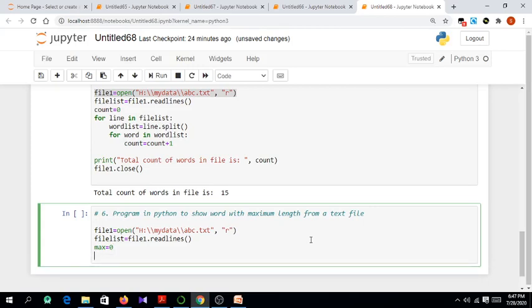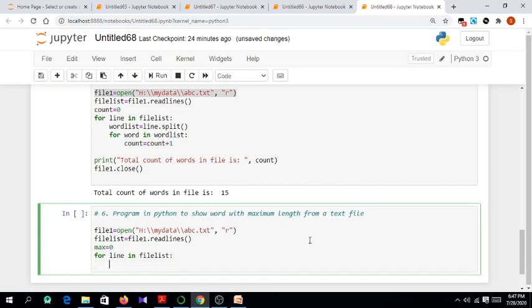Okay, now let us apply the same logic that I applied in the previous program. For each line in the final list, for every line present in this final list, we are going to split each line every time. Once it is split, for all the words present in each line we are going to run a loop.